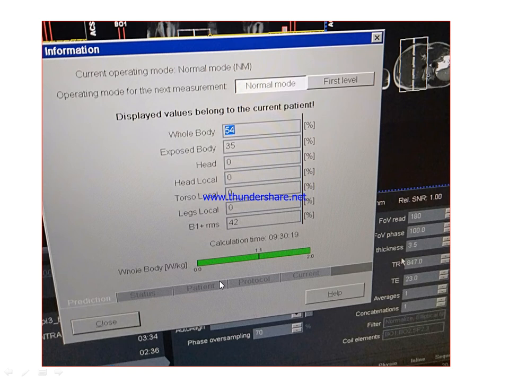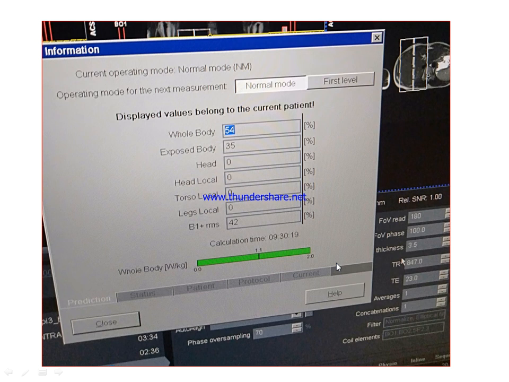Here is the patient option, showing patient information, and a protocol option. In protocol option we see the sequences, and in current option we show the SAR value of the current examination or current sequence, because we use different sequences for an examination.